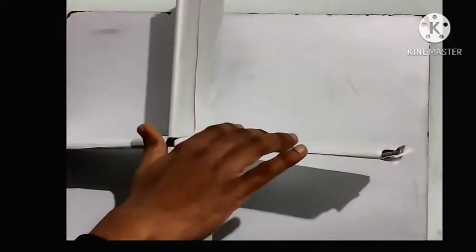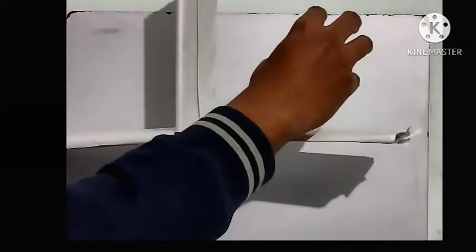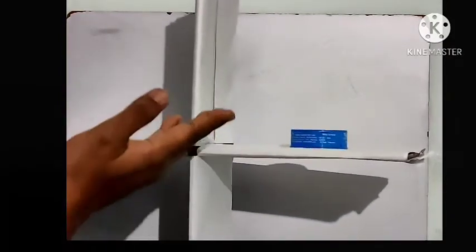If I want to explain that, the first quadrant is nothing but above the horizontal plane and in front of the vertical plane. So for instance, if an object is here, how do we describe that object? The object is above the horizontal plane and in front of the vertical plane.